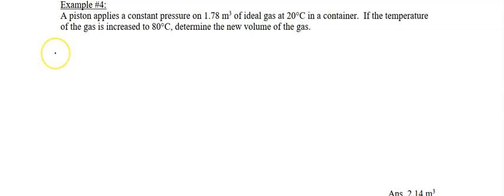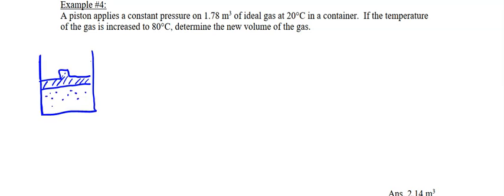Right, in example 4, we have a piston. So let me draw a little picture here. All right, so here's my piston. These are the molecules in the gas. And we're told that it has an initial volume of 1.78 meters cubed, and that the gas temperature inside here